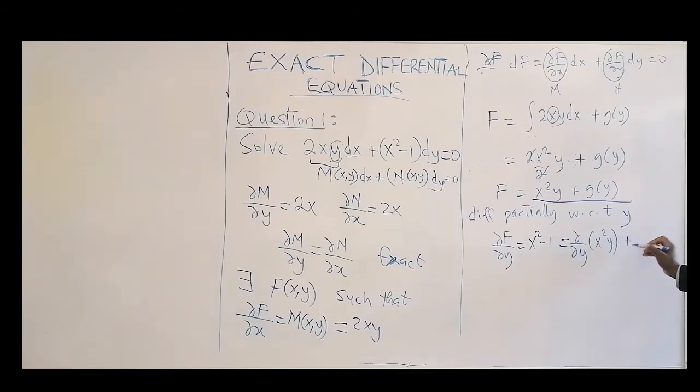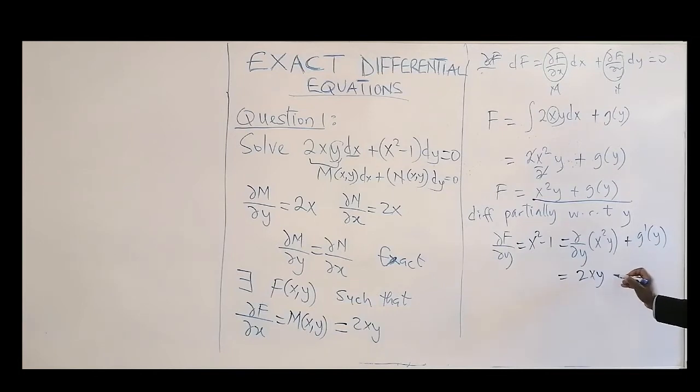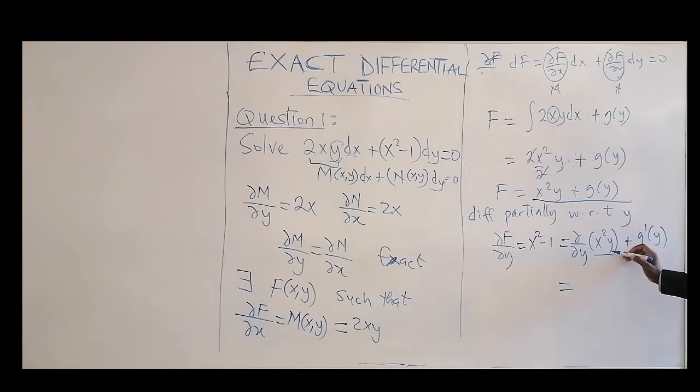and then plus g prime of y. That will give me x squared y plus g prime of y. From here now, if you differentiate partially this function, I've told you, since it's with respect to y, just look for y. You're only differentiating y, and if you differentiate y here, that will be 1, then you have x squared here, plus g prime of y equal to